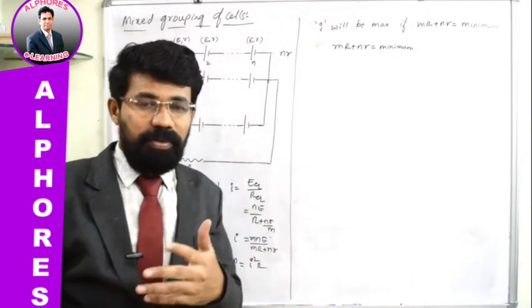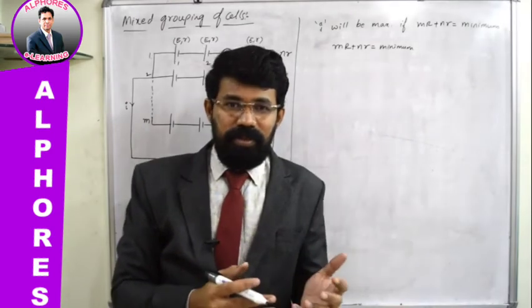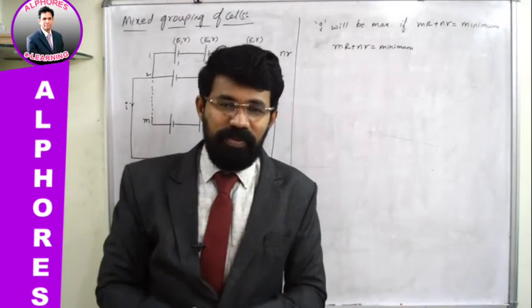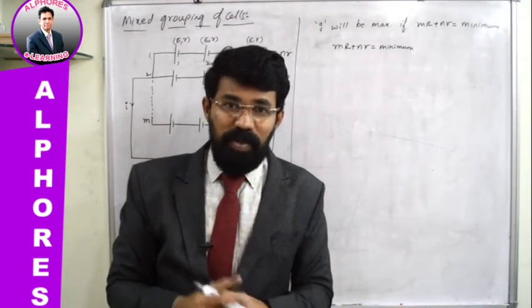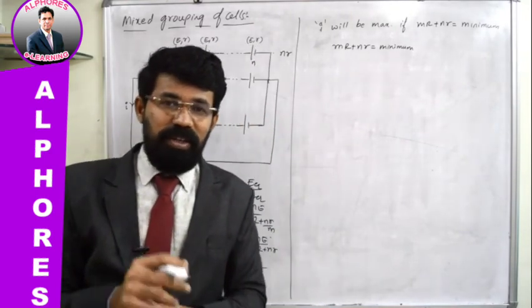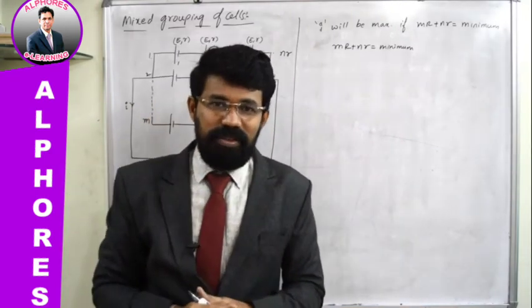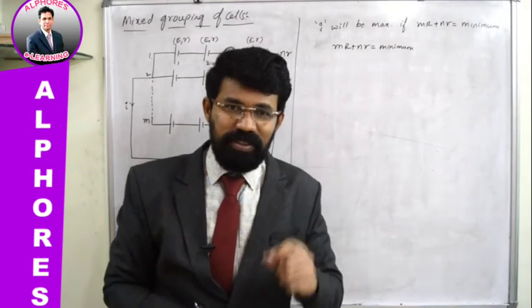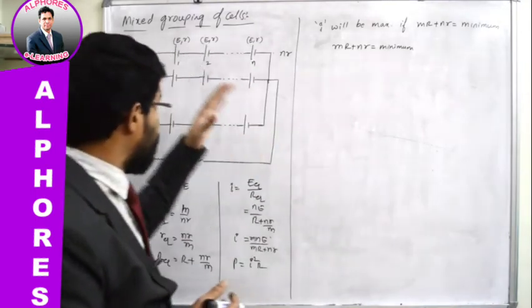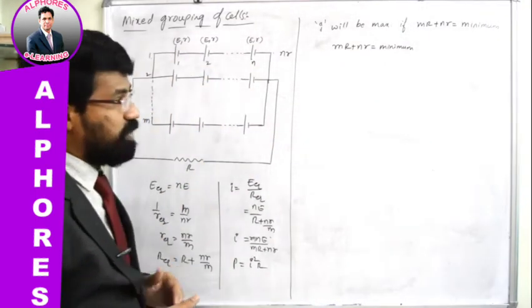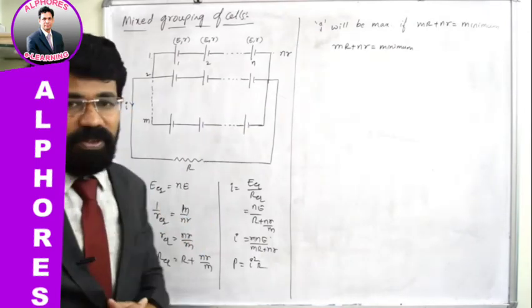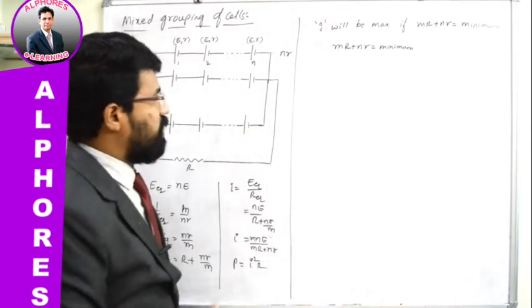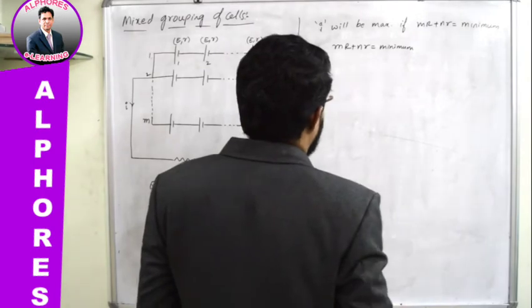I think in the previous sessions, for the maximum power transfer theorem, we have come to a conclusion. Maximum power is possible when capital R is equal to small r. That's what the conclusion was, when a single cell is taken. But here we have taken mixed grouping of cells. So here also you can proceed with differentiation, but we'll employ other methods of mathematical manipulation.